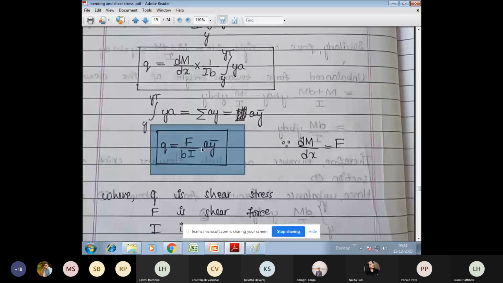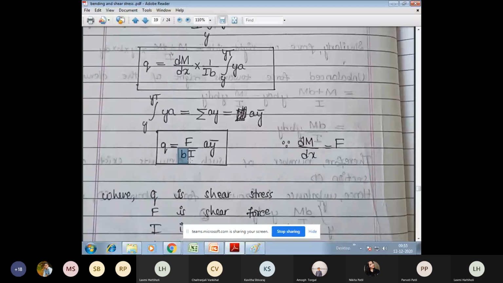Am I correct? Yes, ma'am. If you take a section and apply the load, as per our assumption, the load is transferred uniformly everywhere. So the shear force generated will also be uniform as per our assumptions. So F will not change depending on the section, top or bottom or the neutral axis. So F will not come into picture now. Now think about B. So breadth also is constant. For a rectangular section, for every fiber, the B is constant. Yes or no?